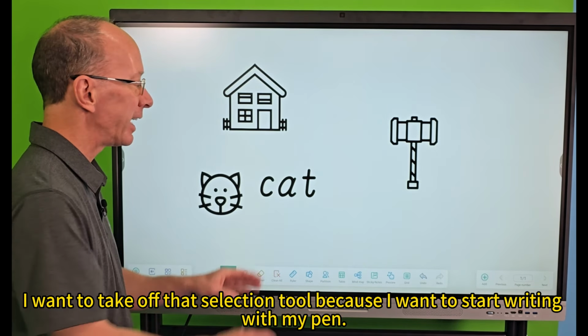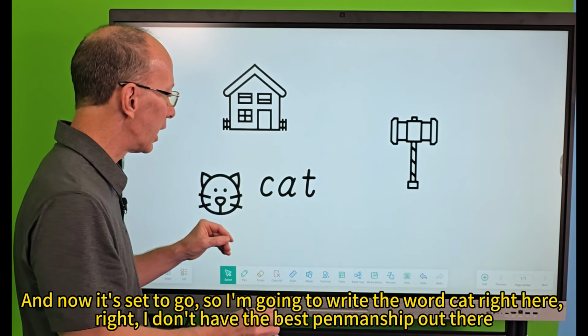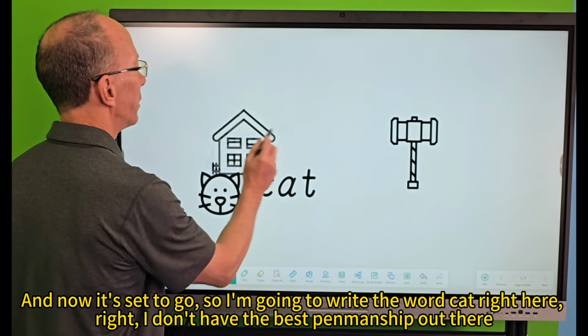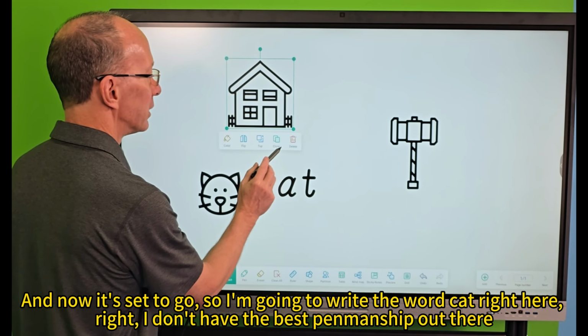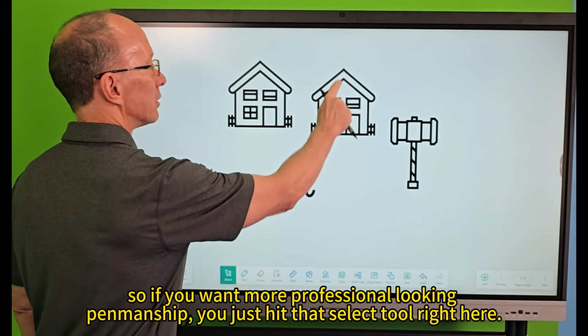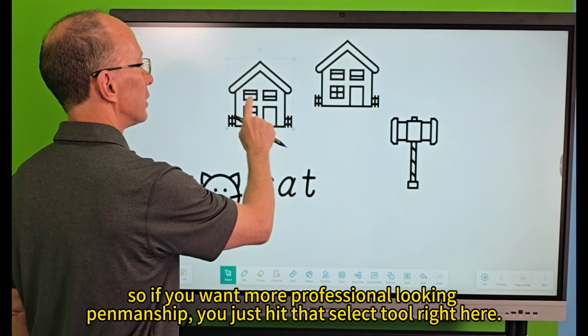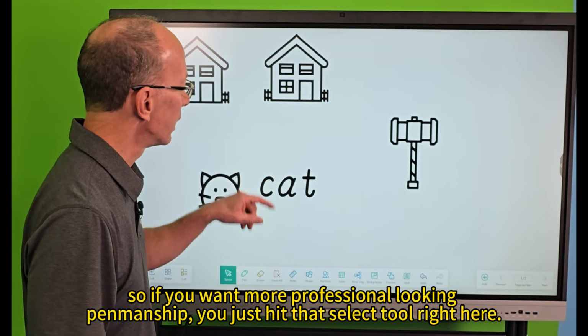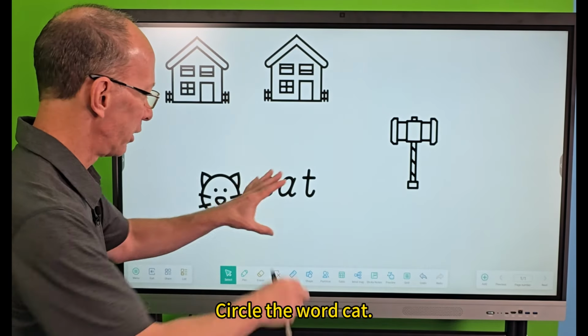I just love that. And everything right here is movable. You can copy things with that select tool. So if I want to go over here and copy this house, I just hit clone, and now I got another house. And now I can move that around. Click on this house, move this around here. So you can have some fun doing some things like that. Now, if you ever make something like that,